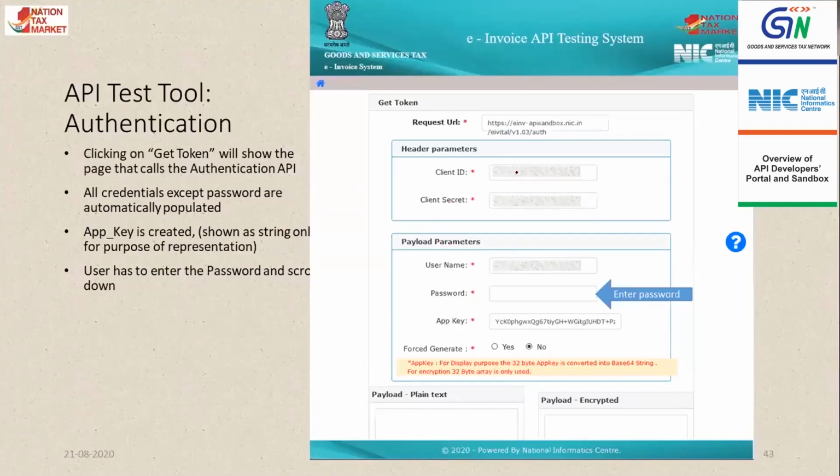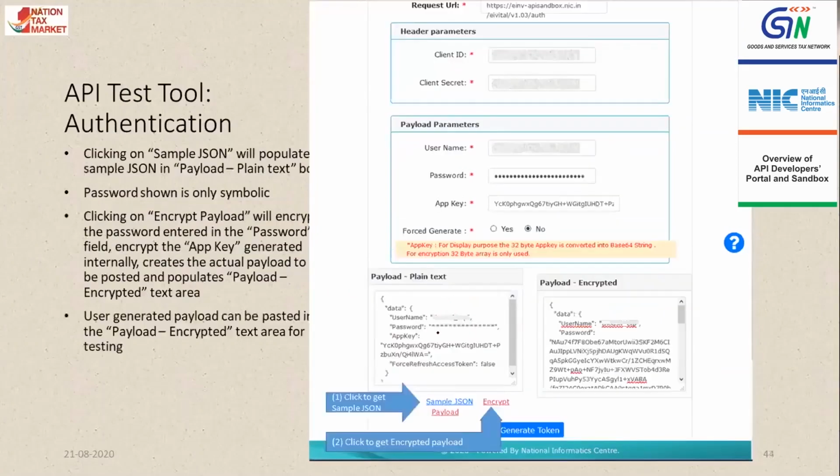What are the things that are passed in the request headers, what are the things that need to be passed as part of the payload, and how the app key is generated by the consuming application, etc., can be seen using this particular application. Before writing any code, the developers can come and visit this page and see themselves the working of this API, and they can also populate their own output from their code.